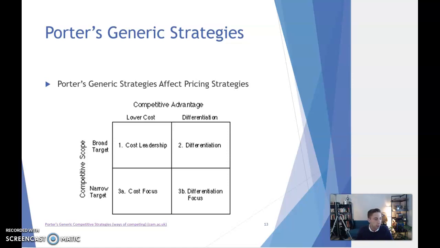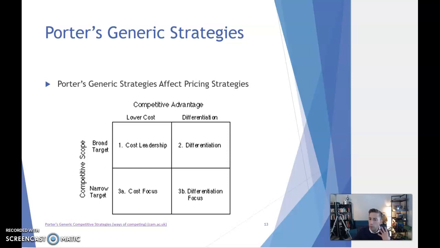Say, for example, if I want to stand out amongst all the competitors in airlines, where all of them are fighting for cost leadership and broad targets, some airlines, for example, like Qantas or Emirates, focus on a differentiation pricing strategy where they stand out and people are willing to pay that premium for that product because that's what they're good at. They are the best in class for first class and business class services. So that kind of is what you want to consider when you think of Porter.